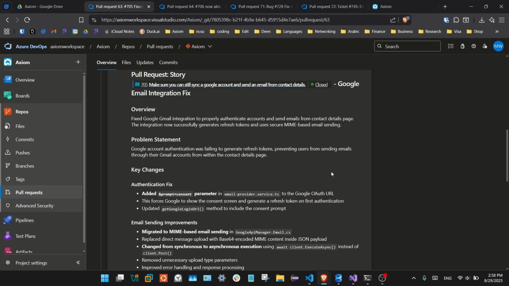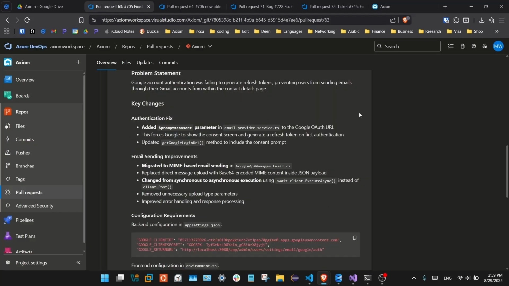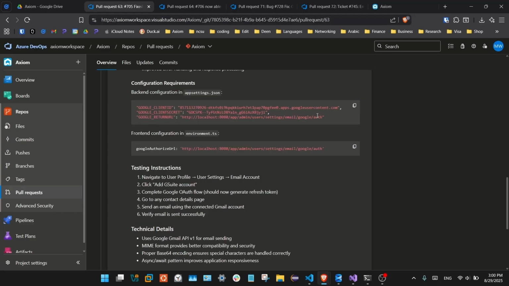So overview, fixed Google Gmail integration, and I updated the backend code so that it uses MIME-based email sending. All right. So the problem was failing to generate refresh tokens, preventing users from sending emails to their Gmail accounts. All right, so let's see here. I had to set up my own